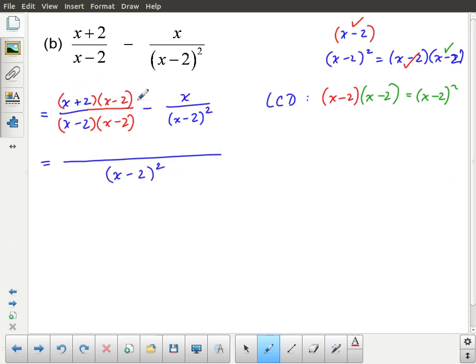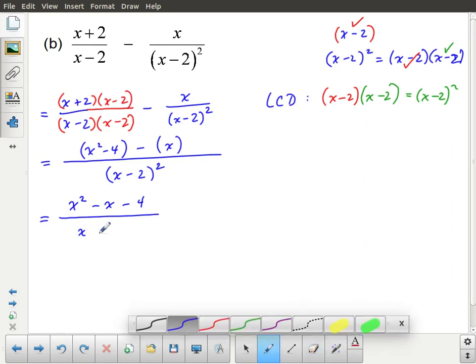I expand this first numerator. That is actually a difference of squares. So that's x squared minus 4. And minus, the second numerator is simply x. So I really don't need this bracket here at all because it's a single term, but just for consistency I'm going to go ahead and include it. So what do we have left over in our numerator? We have an x squared minus x minus 4, all divided by x minus 2